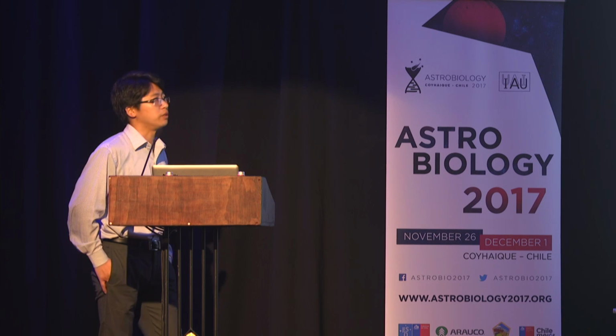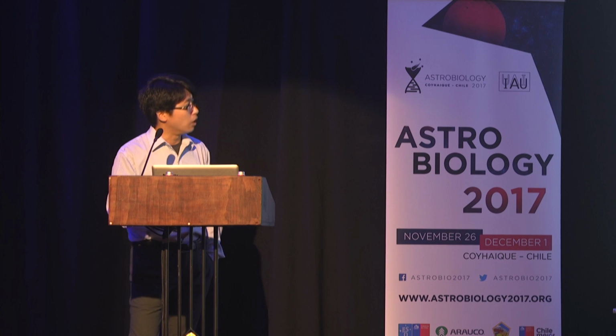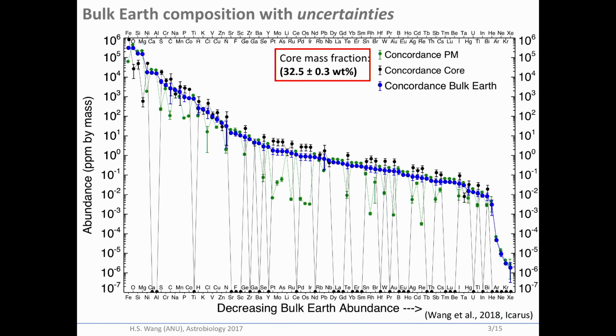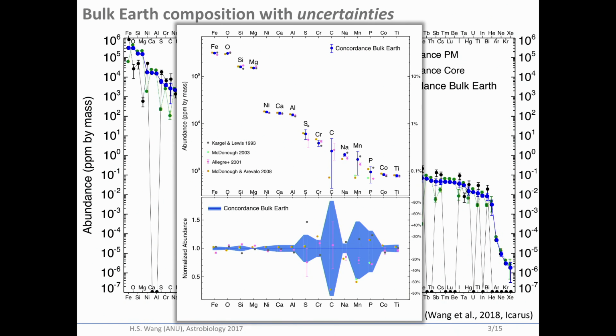For the bulk Earth composition, we compile and combine a large set of heterogeneous compositional estimates for the primitive mantle and the core. Using new estimates of core mass fraction, which is constrained from seismological and astronomical constraints, we construct the bulk Earth composition with uncertainties. In comparison with previous determinations, we believe our estimate has usefully calibrated our current best knowledge of the bulk Earth composition based on various models.